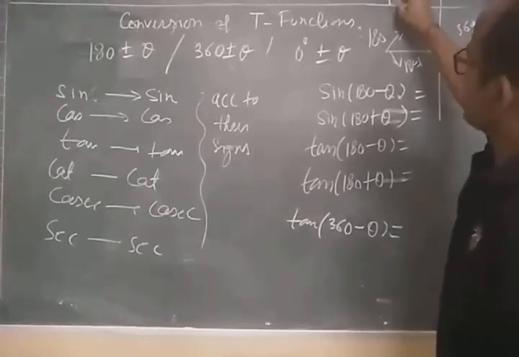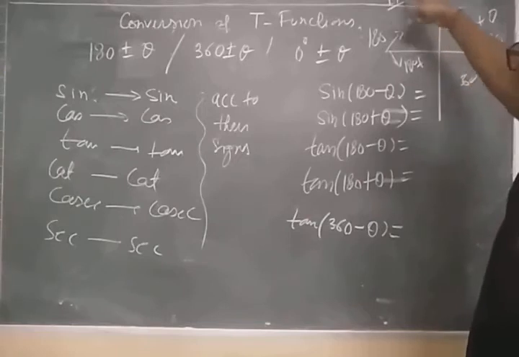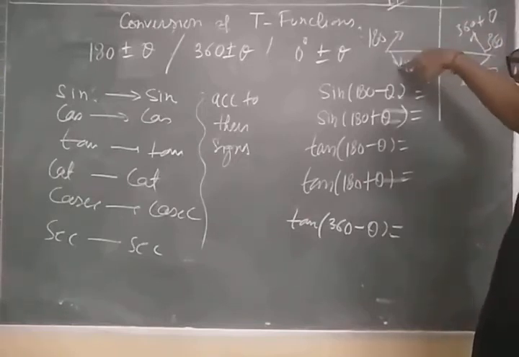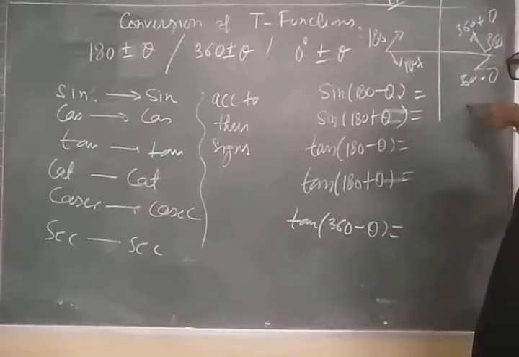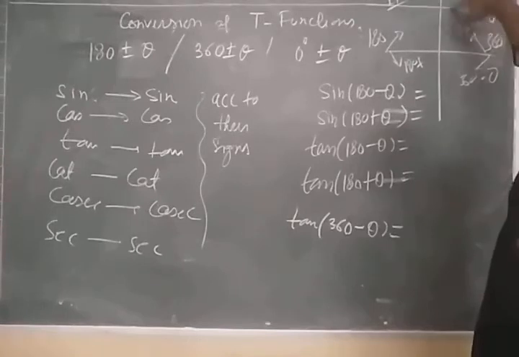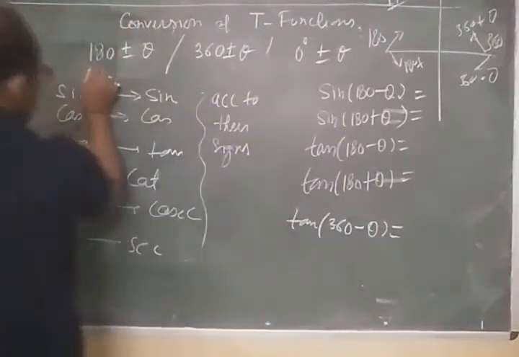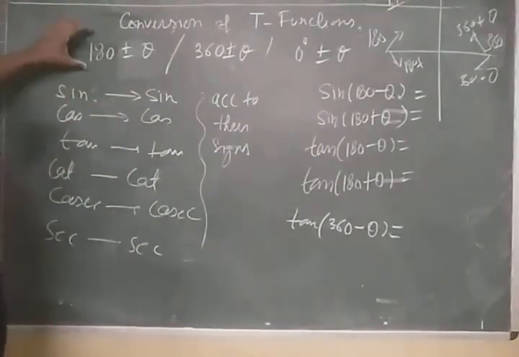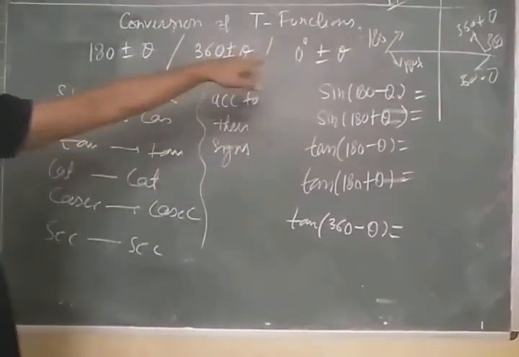This second quadrant can be written as 90 plus or 180 minus. Third means 180 plus or 270 minus. Fourth means 270 plus or 360 minus. First means 90 minus or 0 plus or 360 plus again. Now the rules are different. For this horizontal line, if we say 180 plus or minus, or 360 plus or minus, the rules are like this.